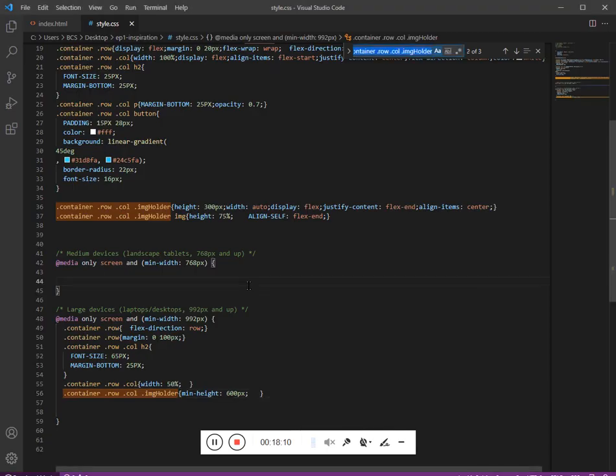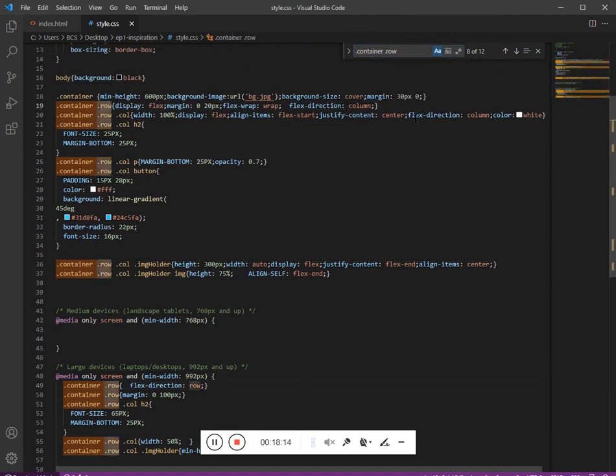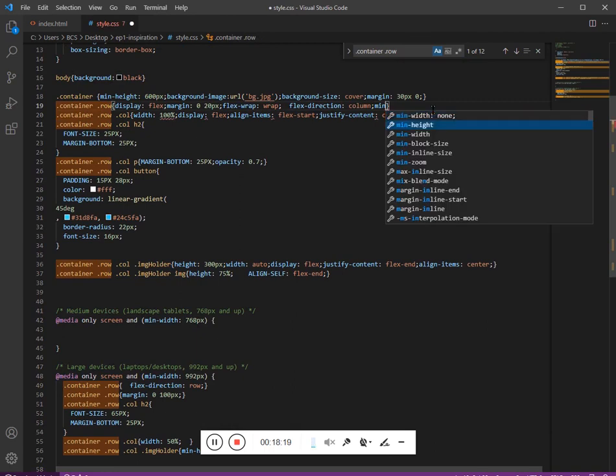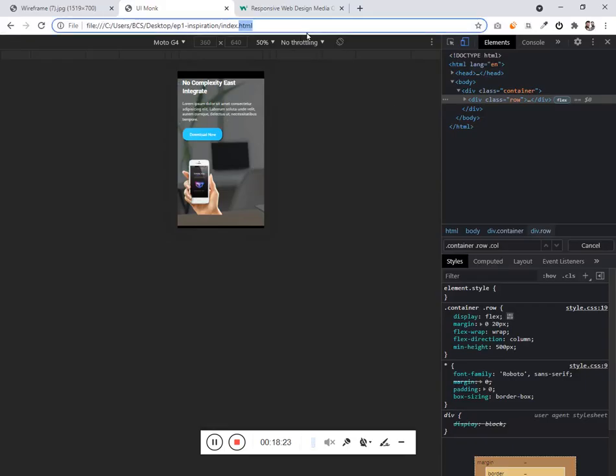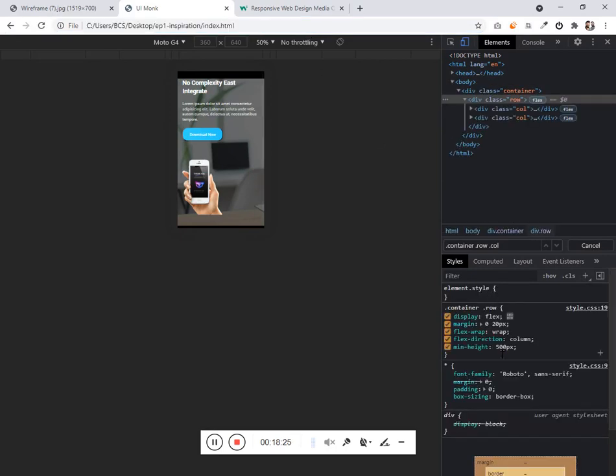Select all. For the row, minimum height 500 pixel. Refresh it. This doesn't seem to change.